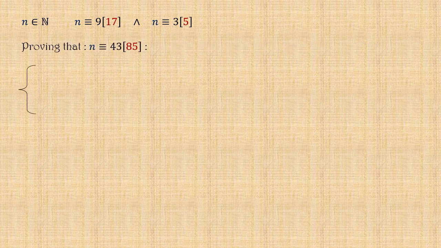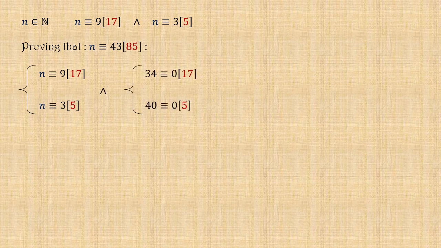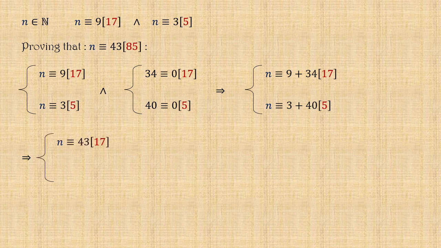So we have on one hand n congruent to 9 modulo 17, and on the other hand n congruent to 3 modulo 5. But as we know that 34 is congruent to 0 modulo 17 and 40 is congruent to 0 modulo 5, we can deduce that n is congruent to 9 plus 34 modulo 17 and also n is congruent to 3 plus 40 modulo 5. This implies that n is congruent to 43 modulo 17 and also congruent to 43 modulo 5,